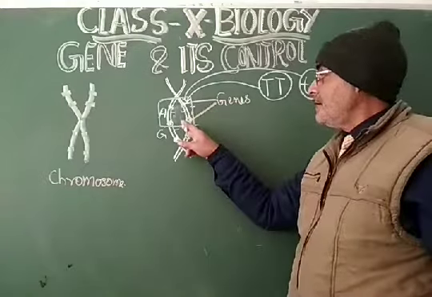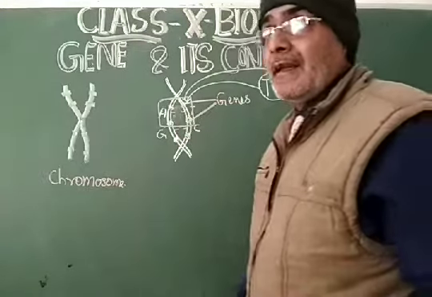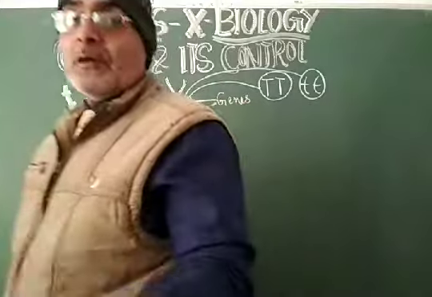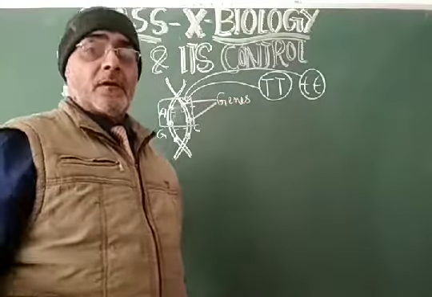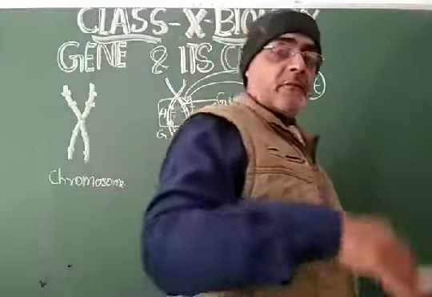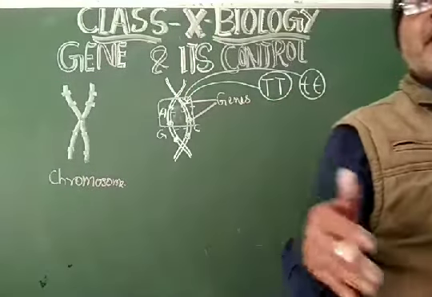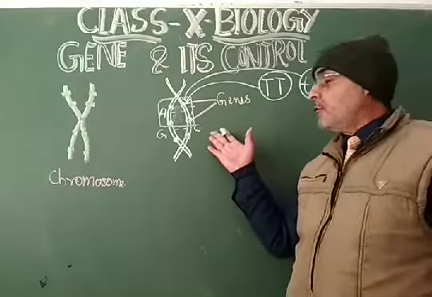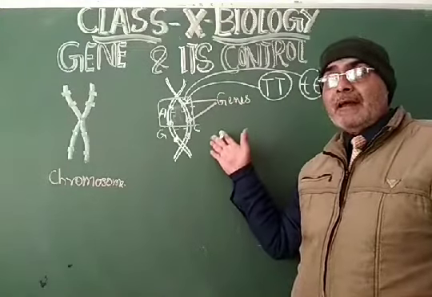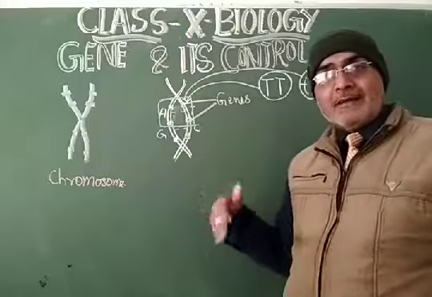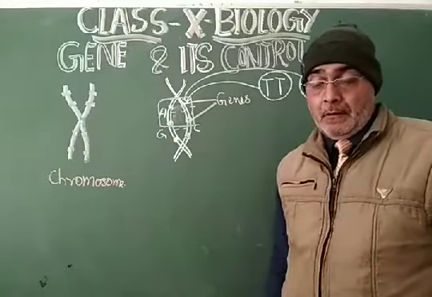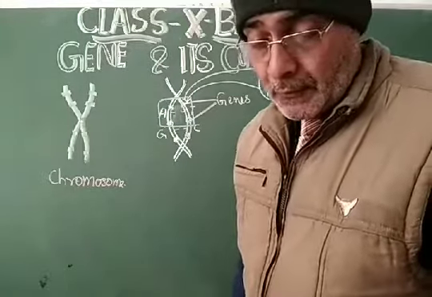And this gene that is present in the DNA, during sexual reproduction, is responsible for transferring characters from parents to the offspring by replicating DNA, by producing more DNA, and that DNA will be responsible for carrying the characters. That is why this DNA is called the genetic material. Therefore, dear students,